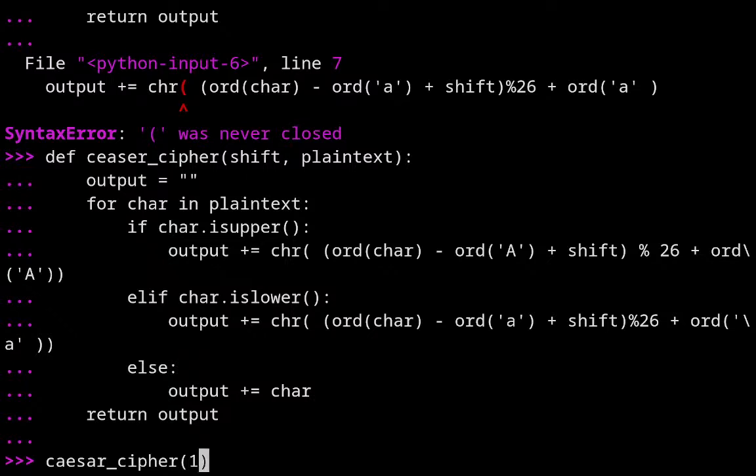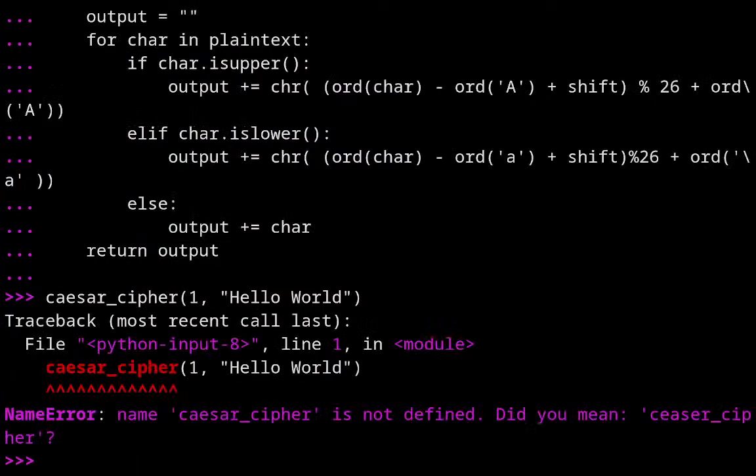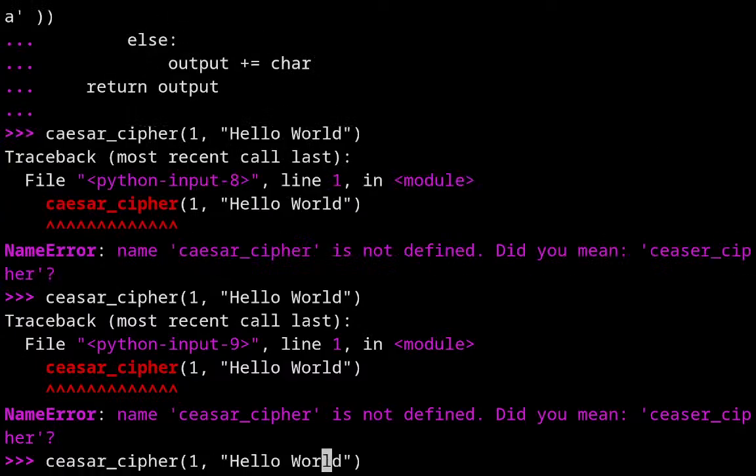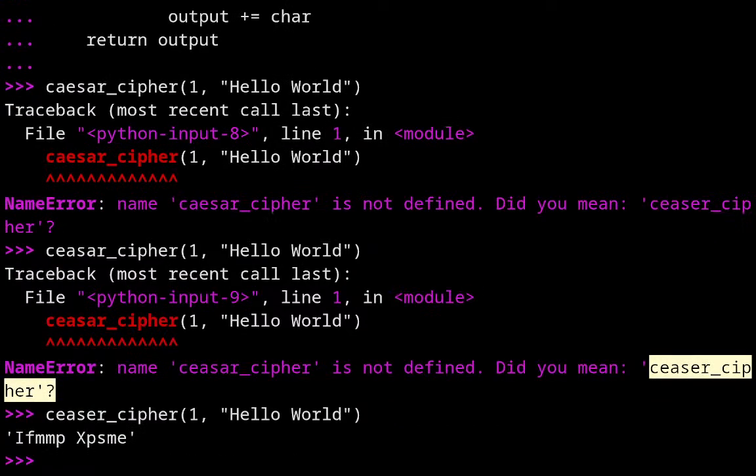Let's say shift by 1 and the plain text is... That is the ciphertext.